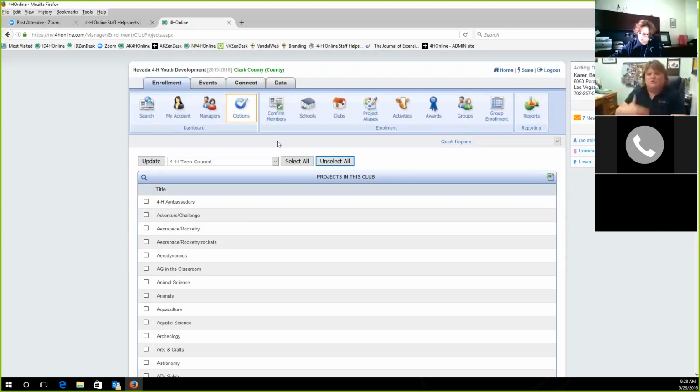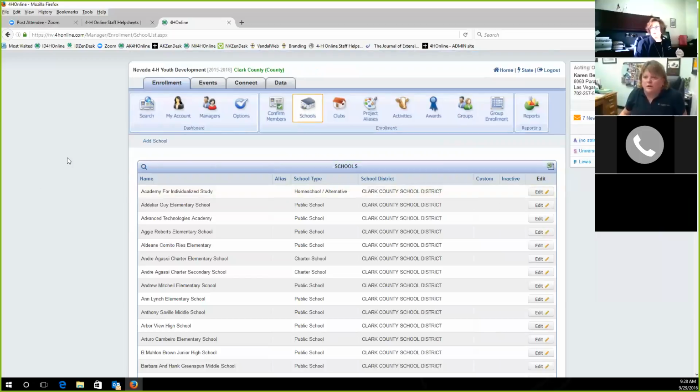So that kind of gets you all ready to rock and roll for enrollment. Your schools, and I really didn't touch on schools, but the schools should already be in there for you guys. If you do need to add a school, it's very simple. Again, in the little gray ribbon under the dashboard,